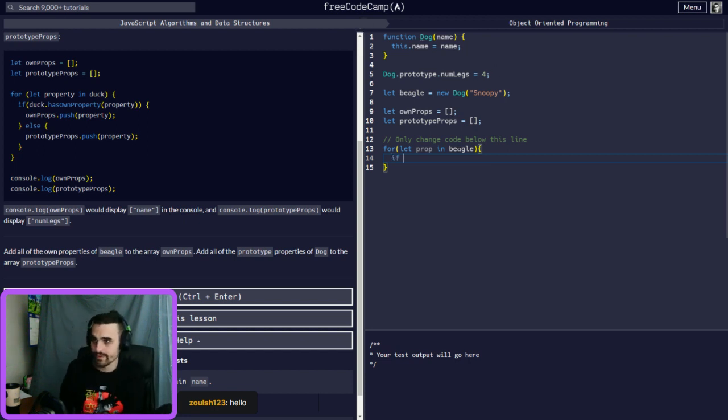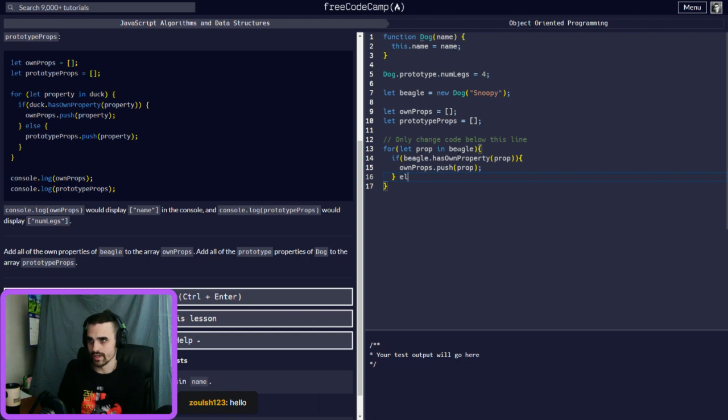So if beagle.hasOwnProperty(prop), it's going to do ownProps.push, and we're going to push the prop to that.